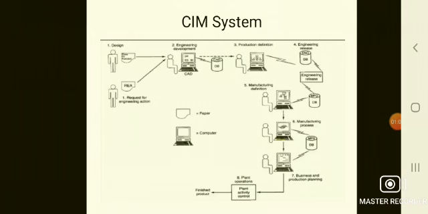From this picture, we can understand that all the activities carried out in the industries are monitored and controlled by the integrated systems. What are the activities carried out in the industries for producing a finished product, from the design stage onwards? What are the stages involved and how are they monitored and controlled? Let's discuss this picture.